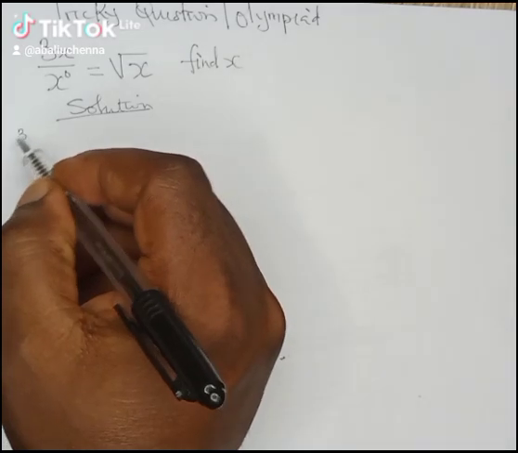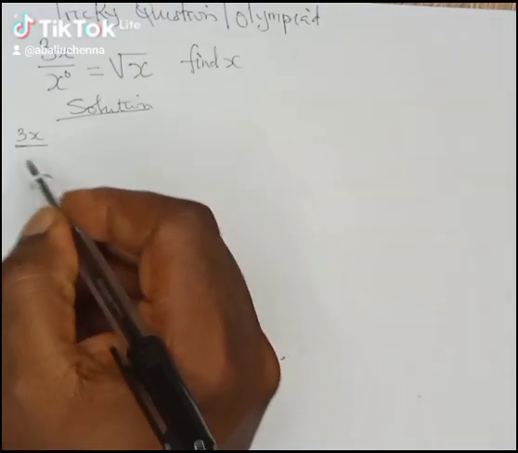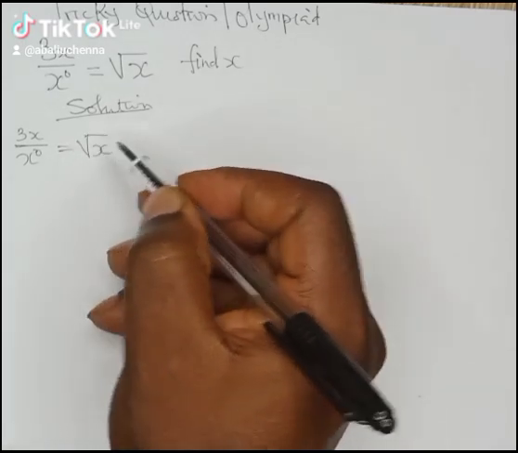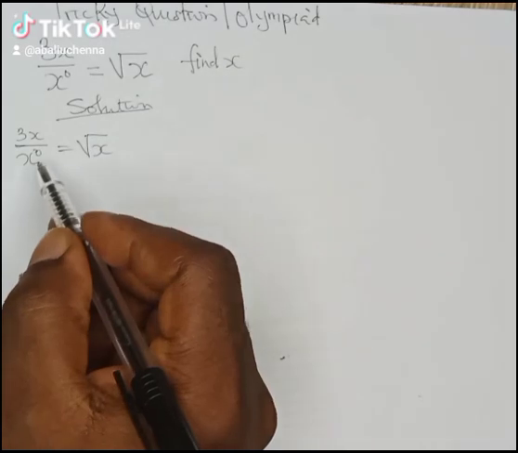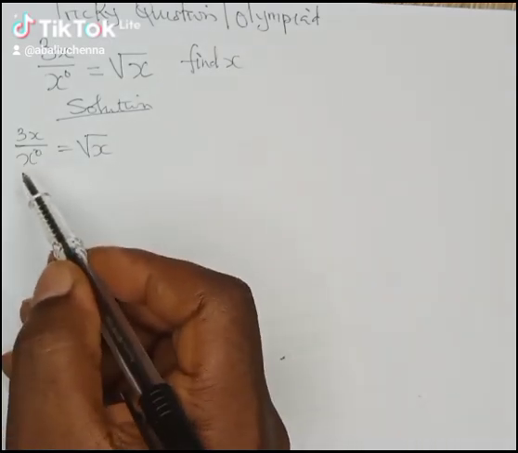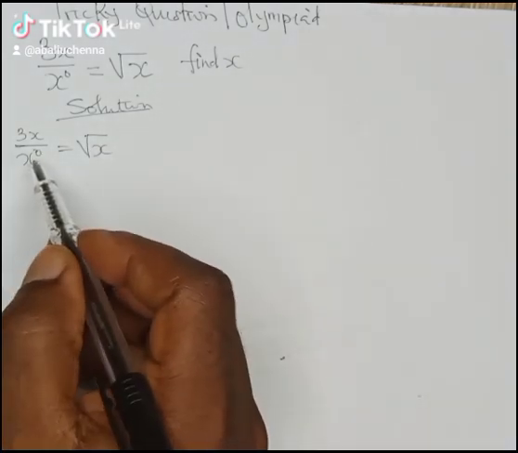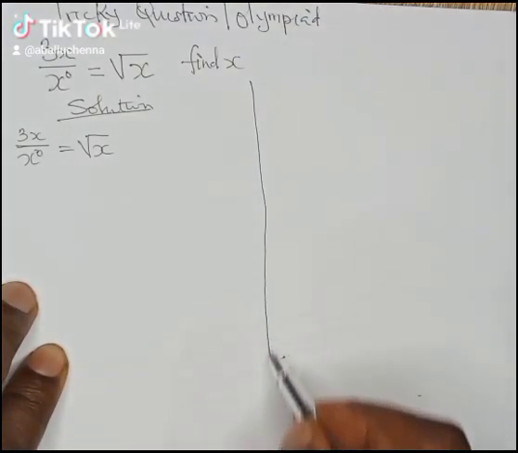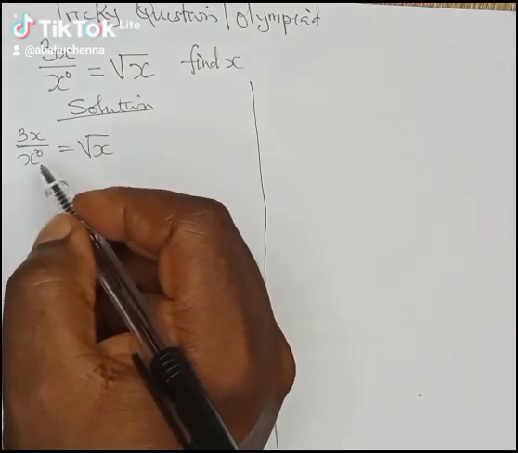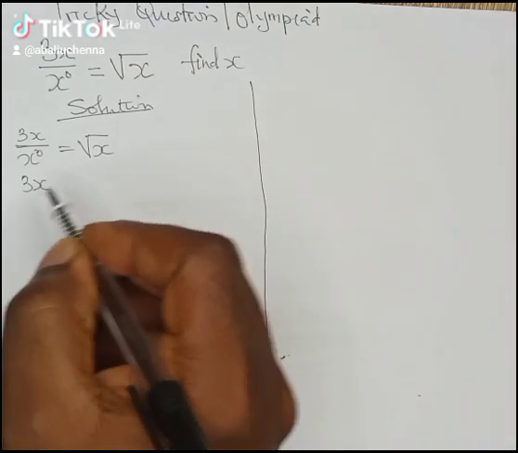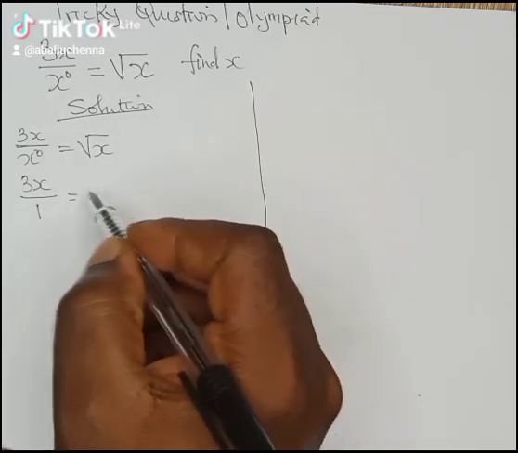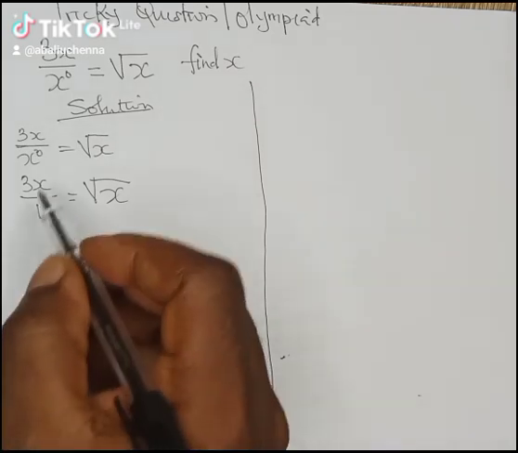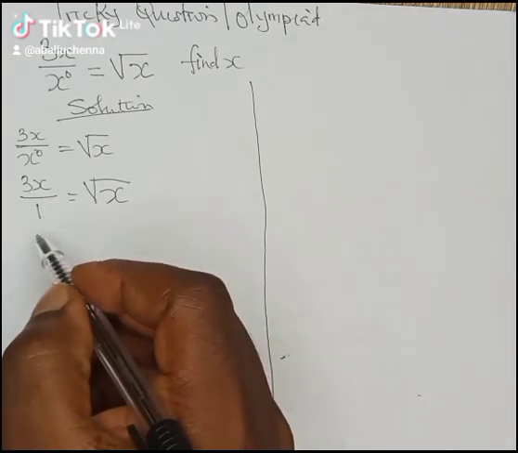Solution, I can rewrite this. I know that in laws of indices, anything raised to the power of 0 is what? 1. I can write this as 1. Let me go ahead and do that. So this will be 3x all over 1 equals root of x, square root of x. All right, so 3x divided by 1 is going to be what? 3x